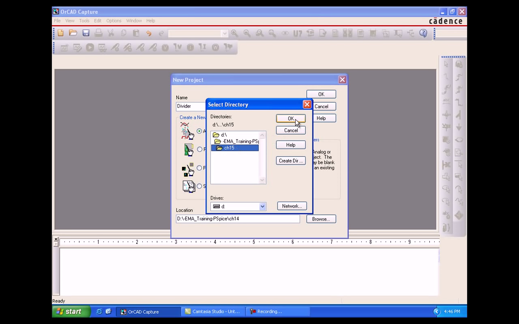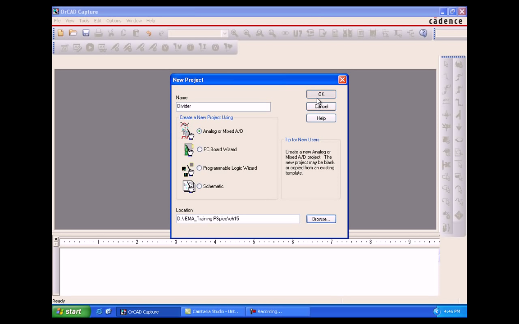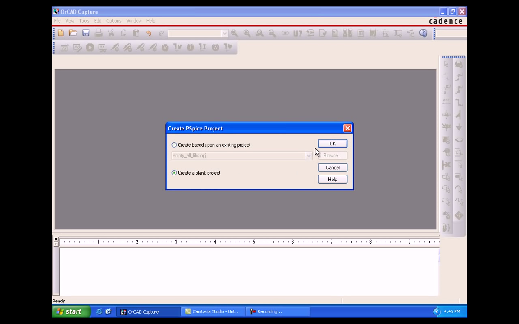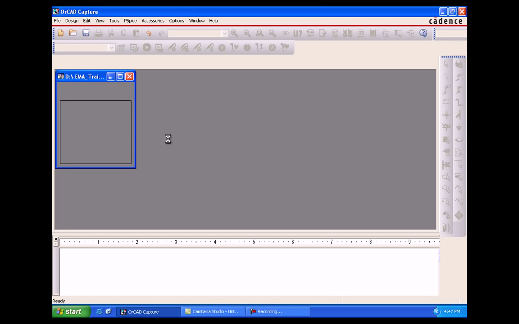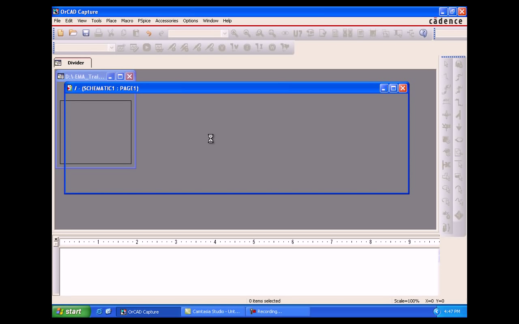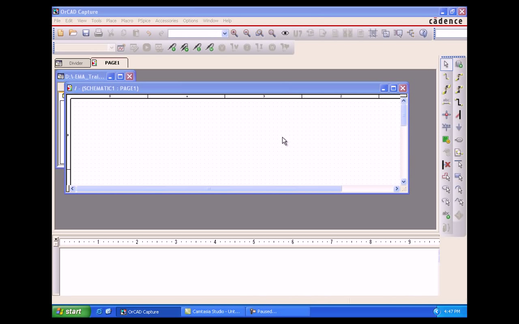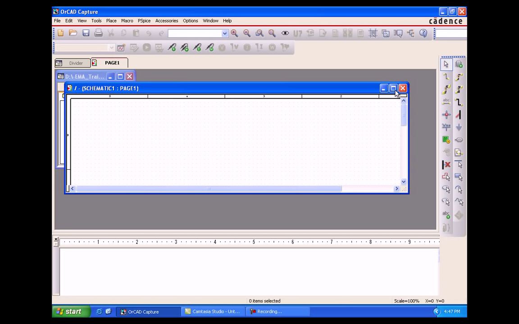Select chapter 15. Create a blank project. This will open a